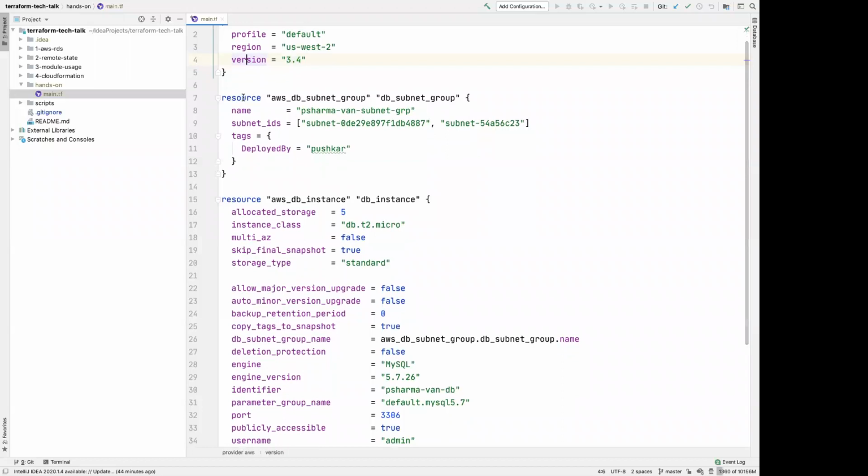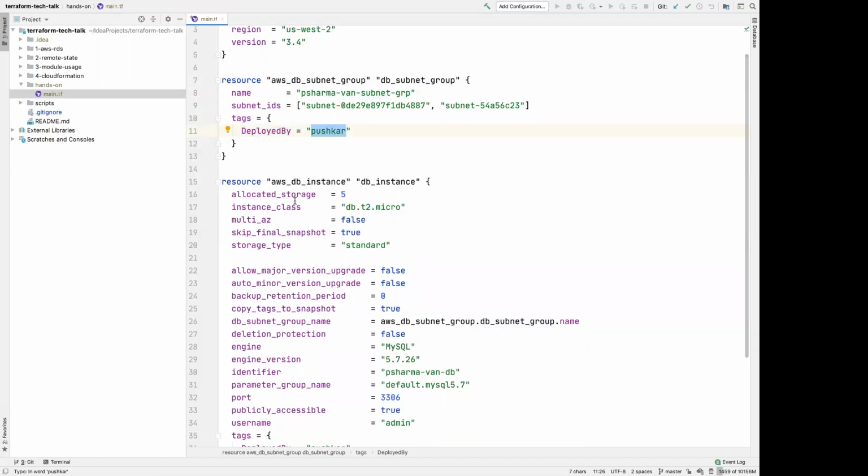Next, if you see, I have told that I want to deploy a resource. For this talk, I'll be trying to deploy a DB resource. I'm going to deploy an RDS instance and I'm going to try to log in from my local machine. To deploy that DB instance, I need to have a subnet group. So this is an AWS DB subnet group. I have specified to name it this, and to use these subnets. These subnets are already available. And I'll also tag the resource, to say that this was deployed by me. And once I have this resource,